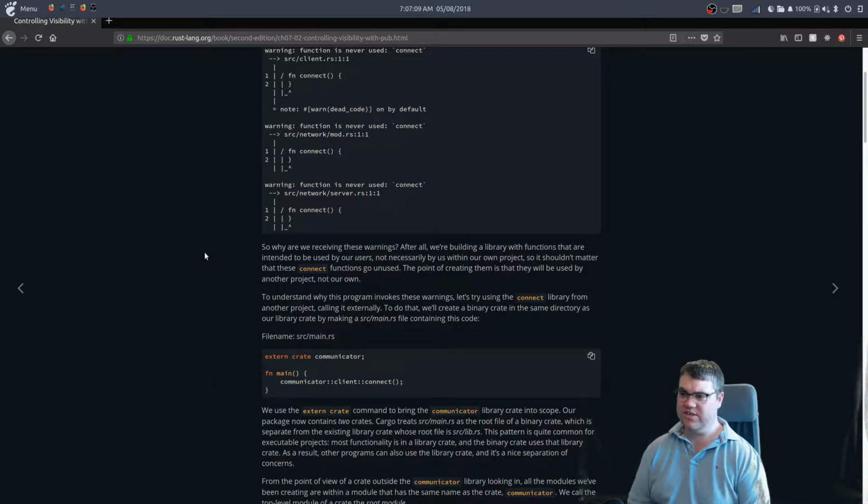To understand why this program invokes these warnings, let's try using the connect library from another project, calling it externally. To do that, we'll create a binary crate in the same directory as our library crate by making a src/main.rs file containing this code. So in src/main.rs,